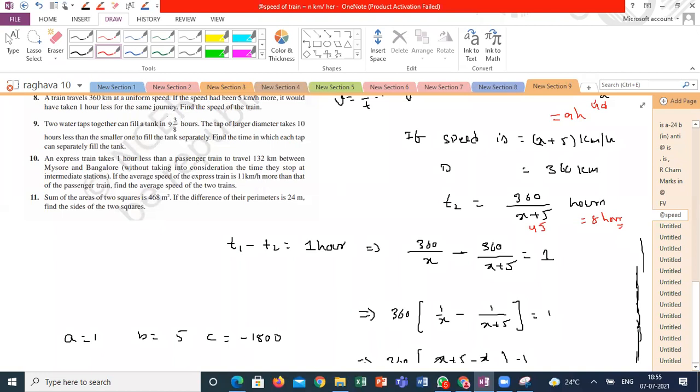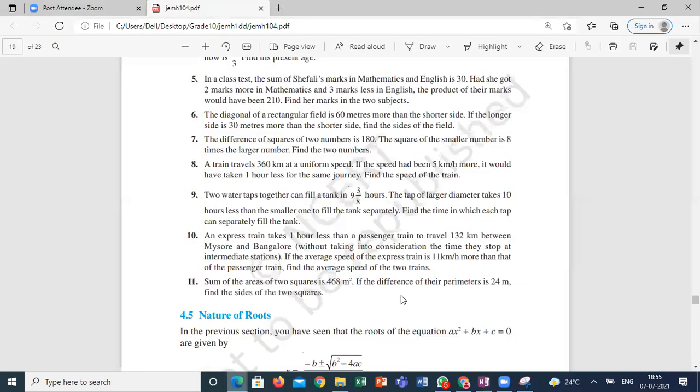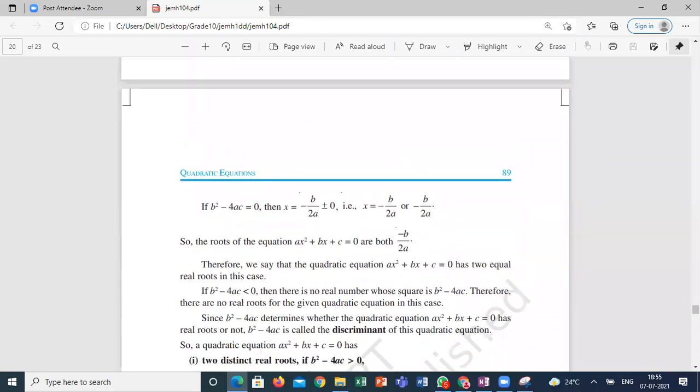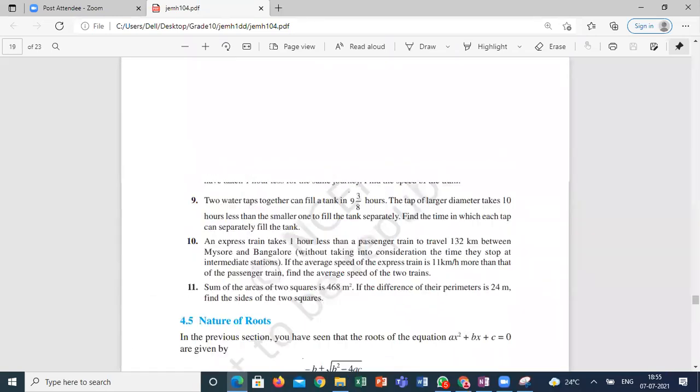Yes, sir. See, these 3 questions we will hold for the next class. So treat this like a homework for you. But we are going to discuss it in the next class because I am planning to introduce the next exercise also. Then this weekend we will be able to try. Hope you will remember the nature of roots we discussed.